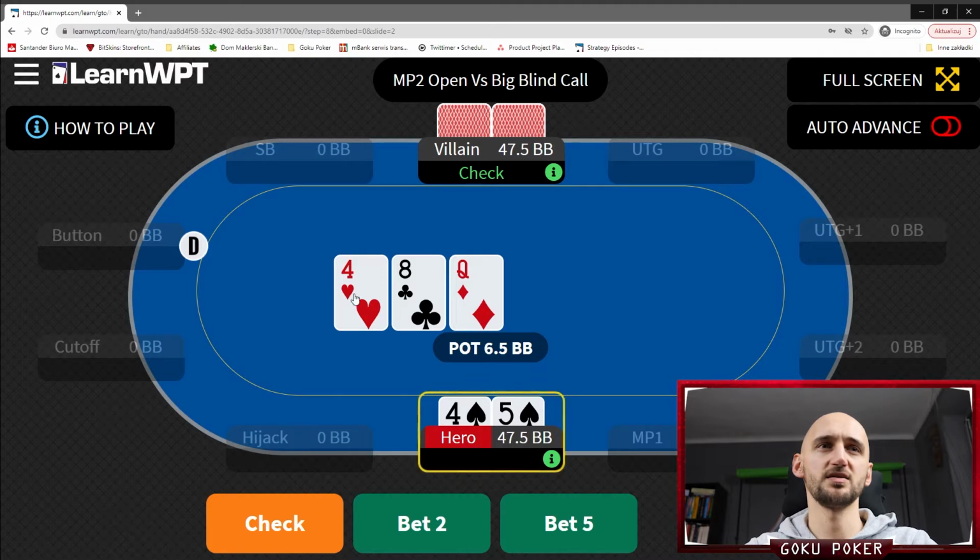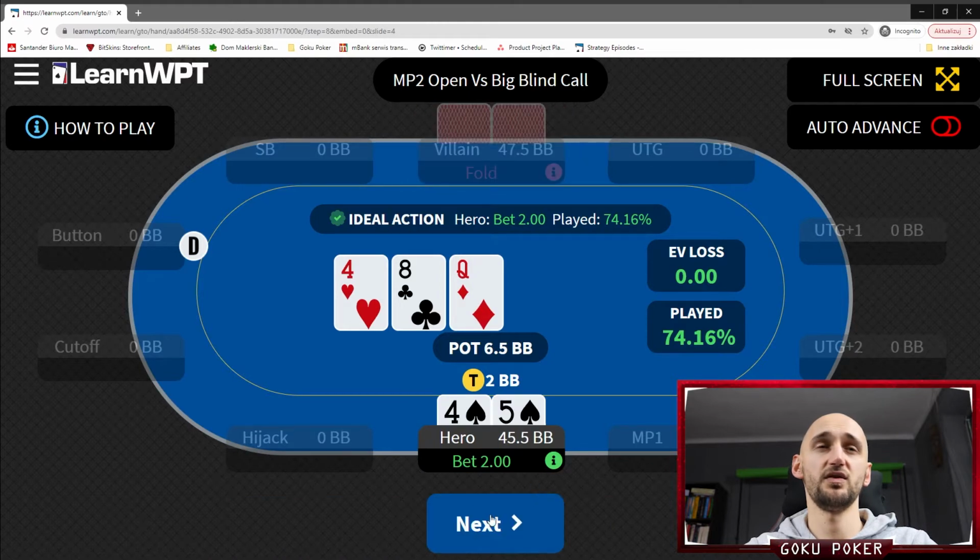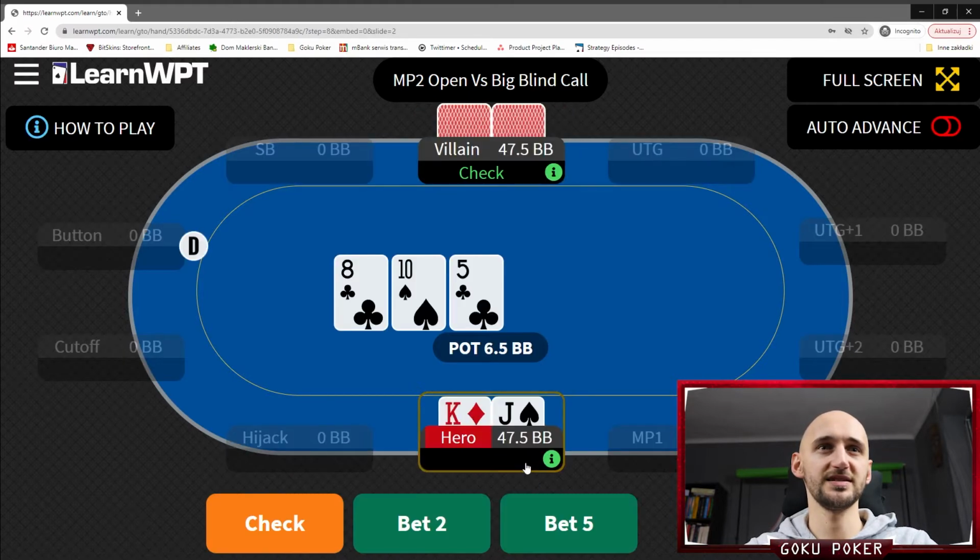4-5 of spades on a 4-8 queen. That's gonna be a bet 2. Yes, it is. Villain folds again. Well, if you're this lucky and the villain keeps folding after the first bet, then maybe we can get to a 0 EV session. Now we've got king jack off on an 8-10-5 with 2 clubs,